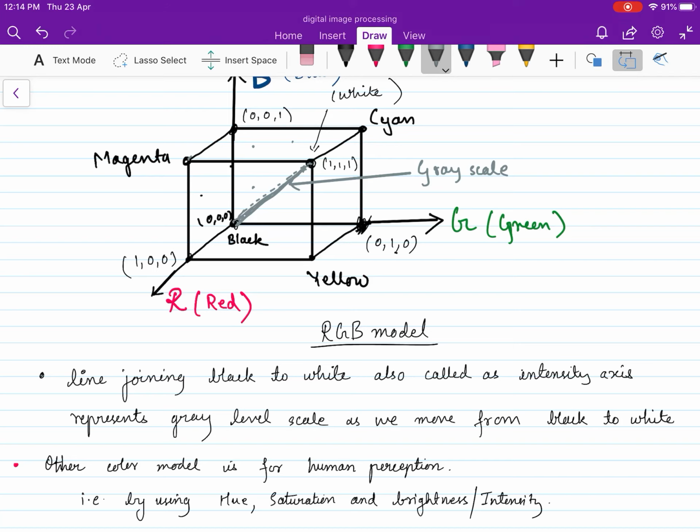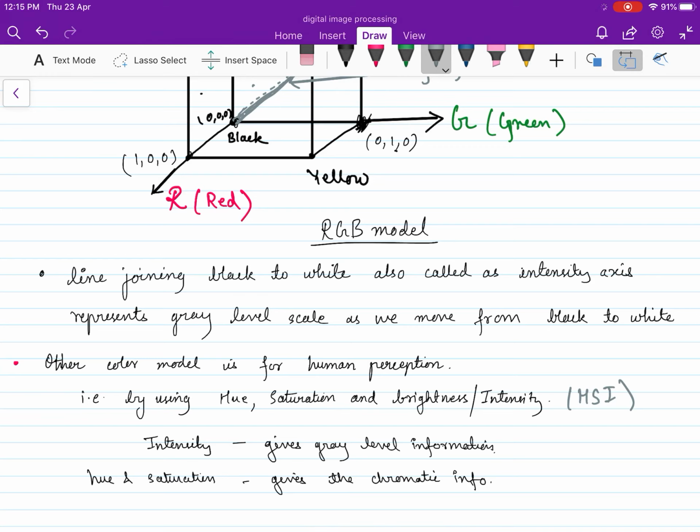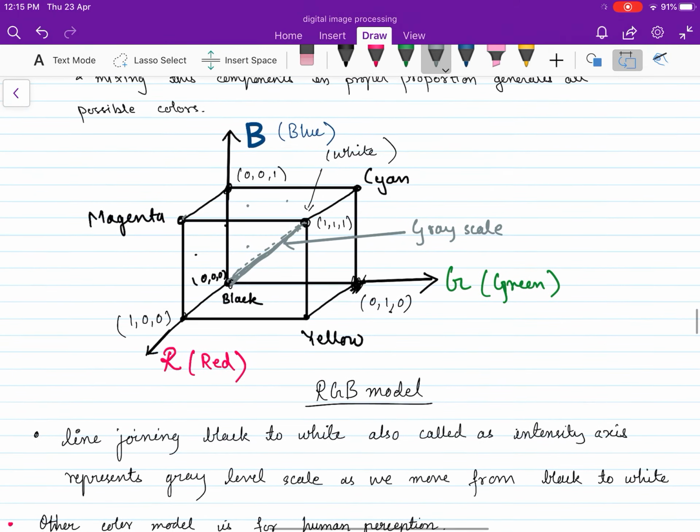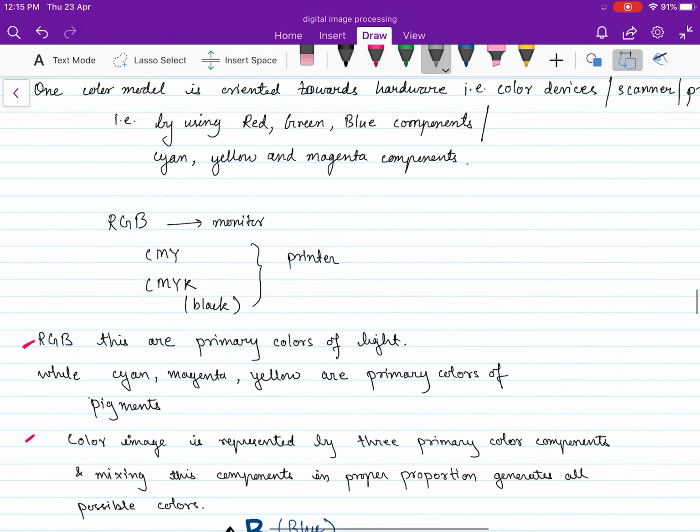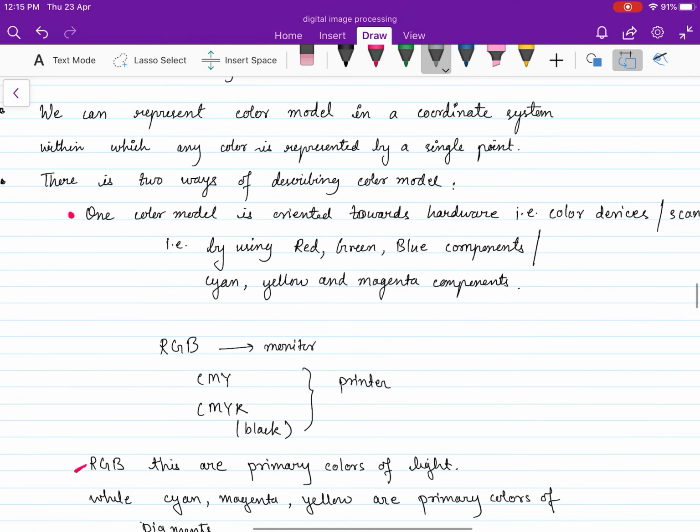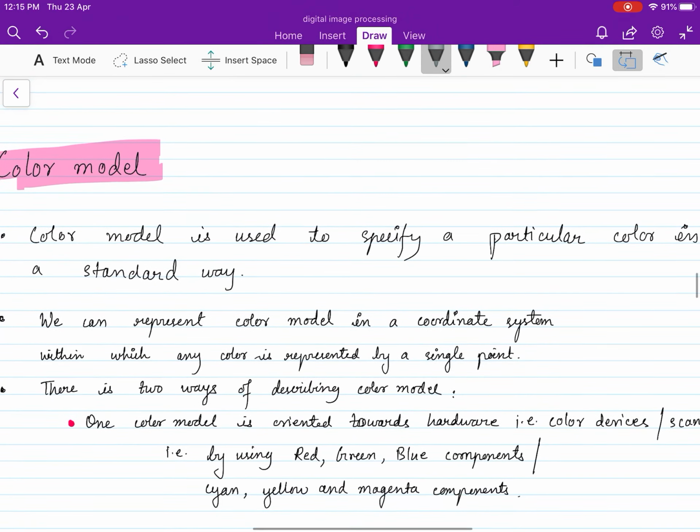The other color model is for human perception, that is hue, saturation and brightness, or intensity, HSI: hue, saturation and intensity. Intensity gives gray level information, and hue and saturation give the chromatic information. We'll be discussing both of these models in detail in the next class. Here I have just given an overview of the color models.